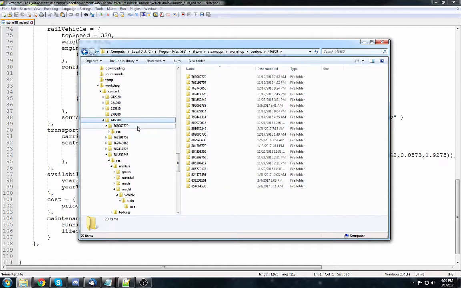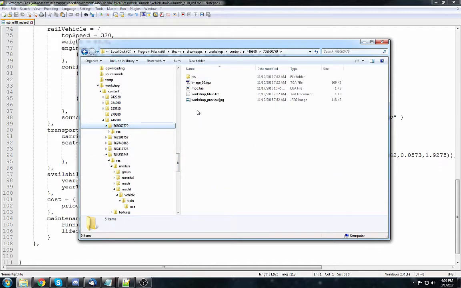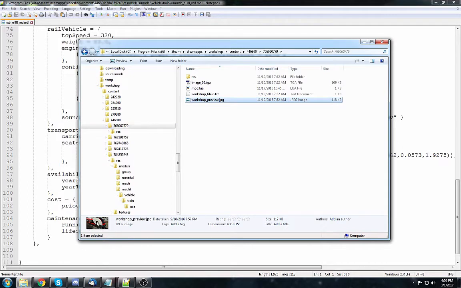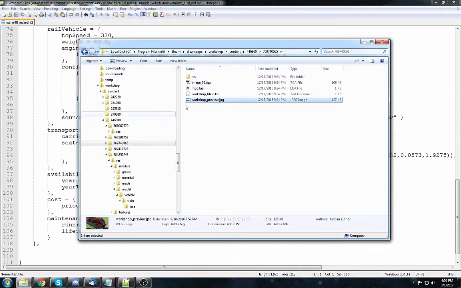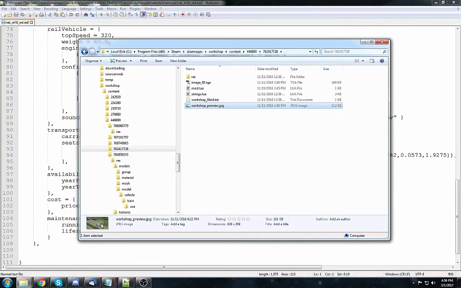So if you look at each individual one, you'll see the preview image, and this will give you an idea of what the mod is. So this is the Flirt, this is the Trax Plus, and you can just go down. Here's the red Super Flirt that I have, and these are just the mods. And this right here, I believe, is the Freight Airport mod. And if we go down, this one is the